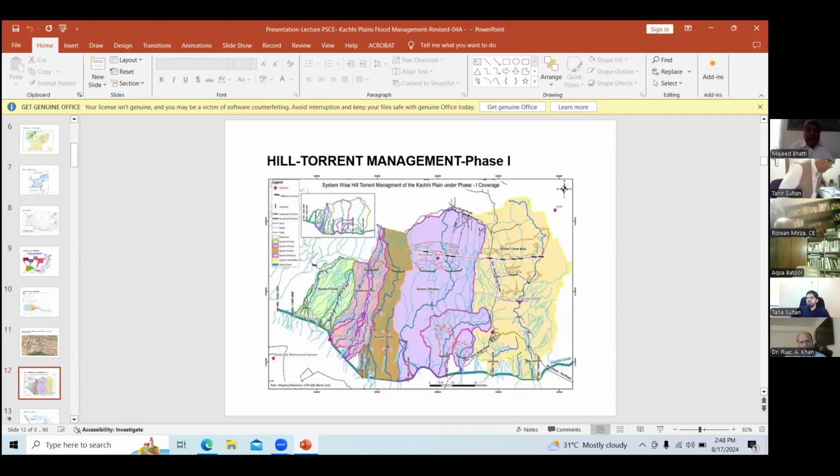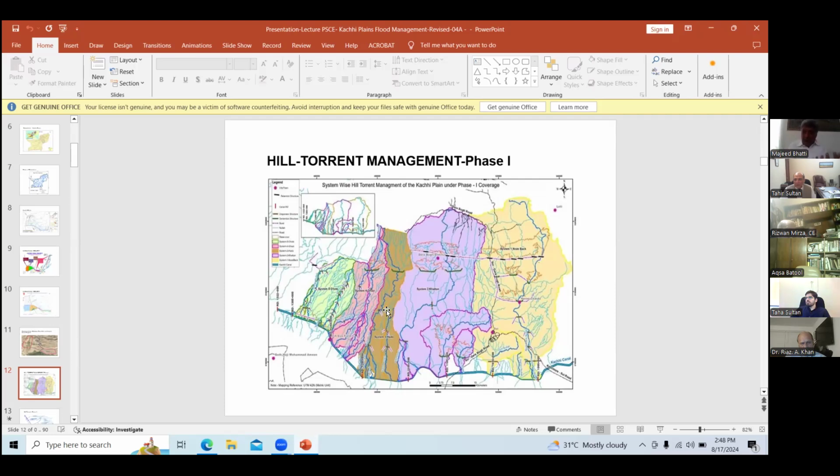So next slide. You see, this is the phase-wise hill torrent. About 31 hill torrents, small, medium, and big ones. The big ones are the rivers that flow in these Kachin Plains. This is all Kachin Plain phase 1, phase 2, phase 3.